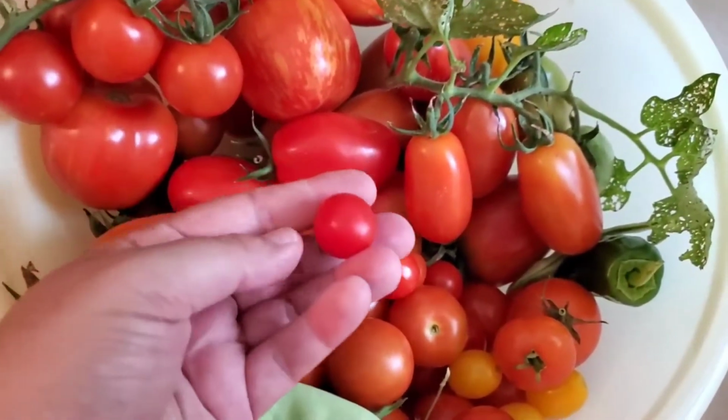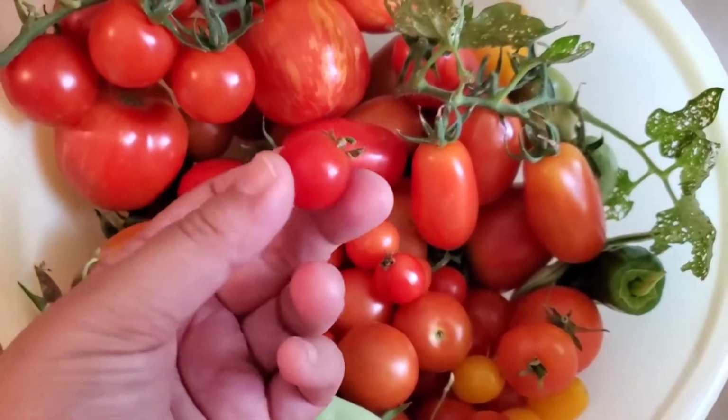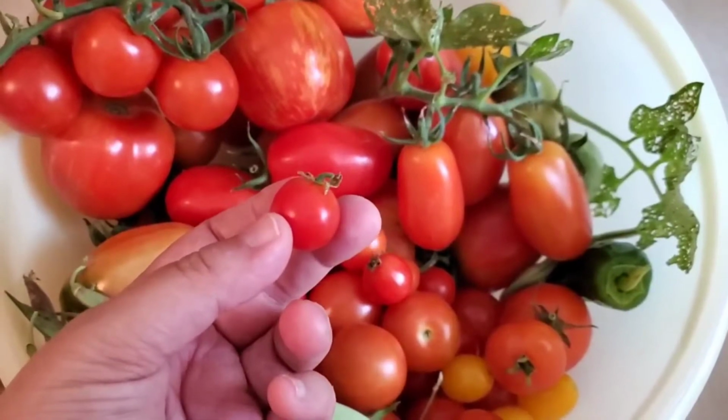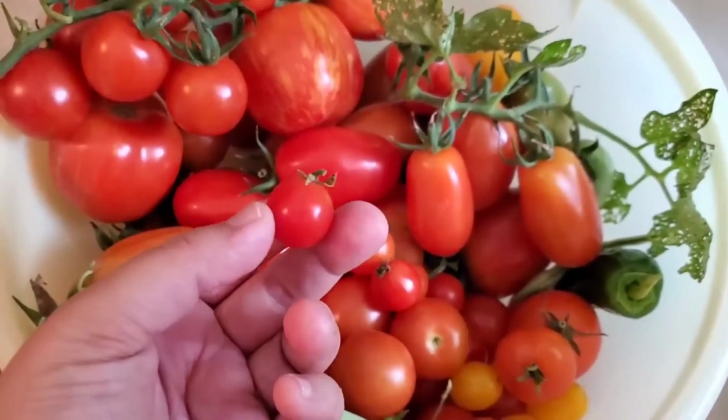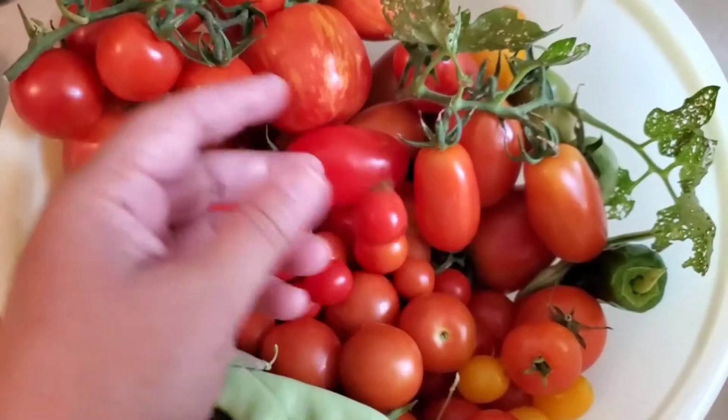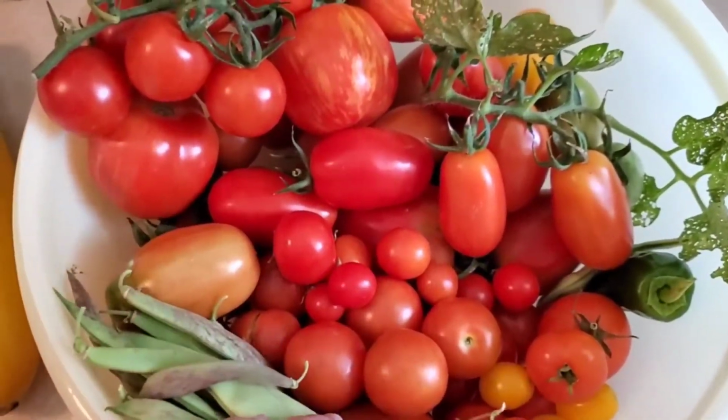These are my most excited. This is from a Tiny Tim tomato. Those are a dwarf variety tomato that only grows, mine is only about 16 inches tall and is producing all these little cherry style tomatoes. There's also,